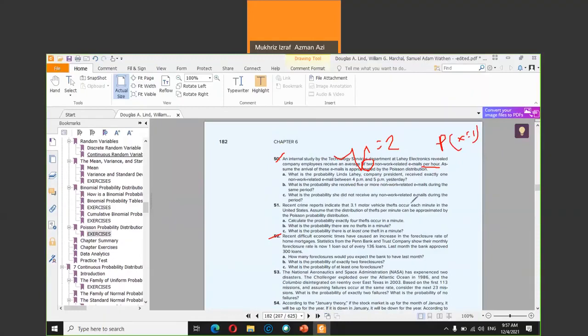The rest is the same. A, B, and C are referring to mu equals 2 because the time does not change, between 4 to 5. This one is P(x is 5 or more), meaning x greater or equals to 5. You can use the calculator to obtain this directly. And this one, did not receive any, meaning P(x = 0). You can learn to use the calculator or calculate manually. But for Poisson, unlike binomial, where you have the n value, the number of trials, for Poisson there is no number of trials.